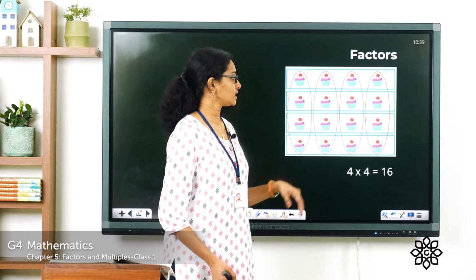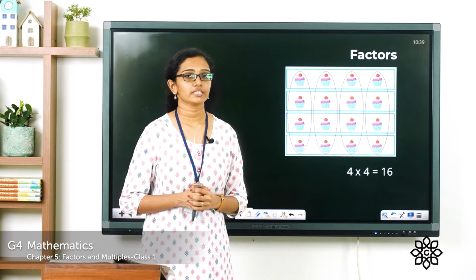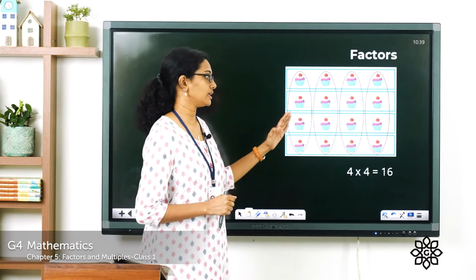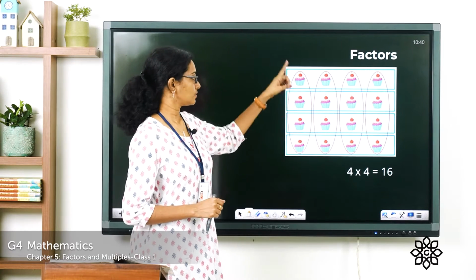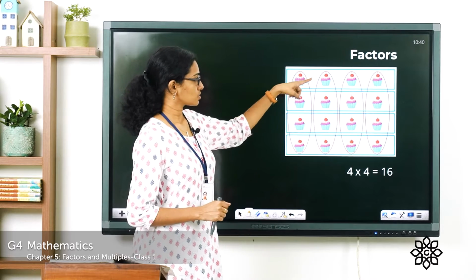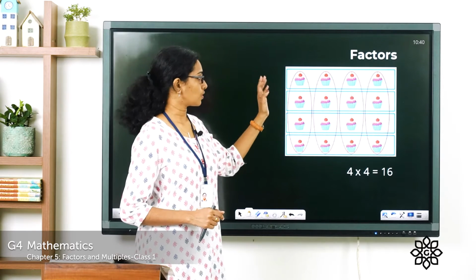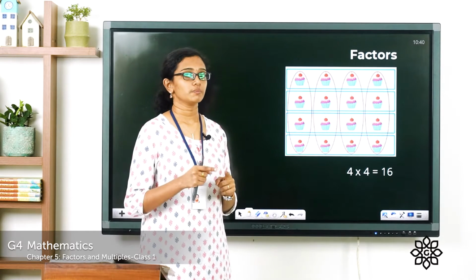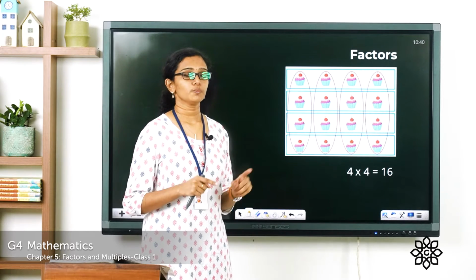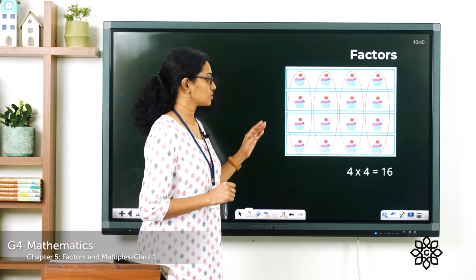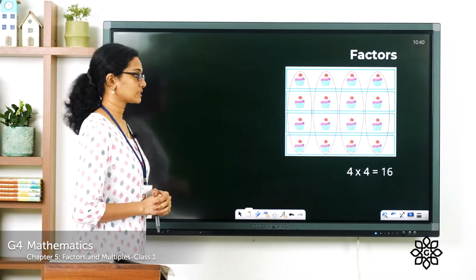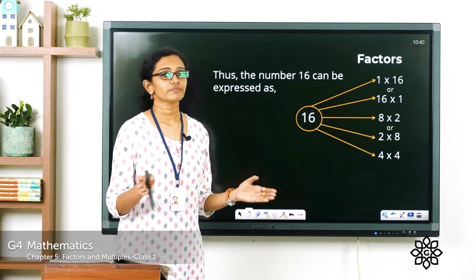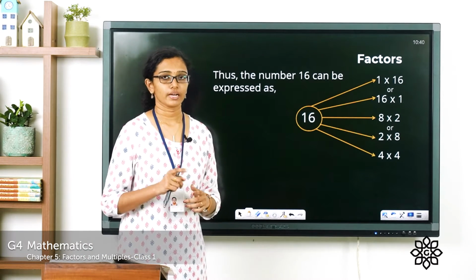Now she can also arrange these muffins in a different way. See, here 4 muffins are there in each group and 4 are grouped this way. So the total would be 4 into 4. She separated 4 muffins and grouped 4 each. So there would be 4 muffins in each group and there would be 4 groups. So the total would be 4 into 4, 16. Now in all these cases, all the muffins were divided into groups and no muffins were left, right?